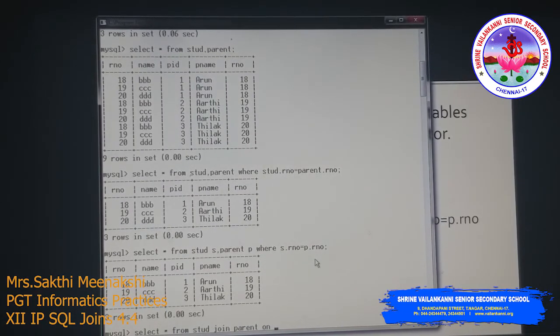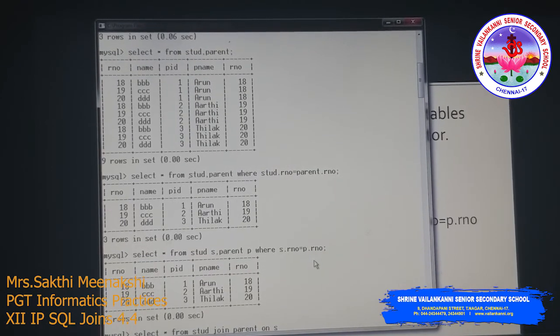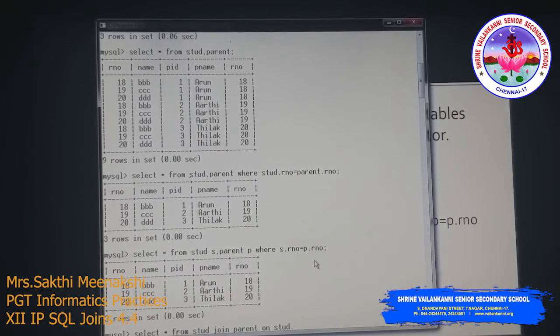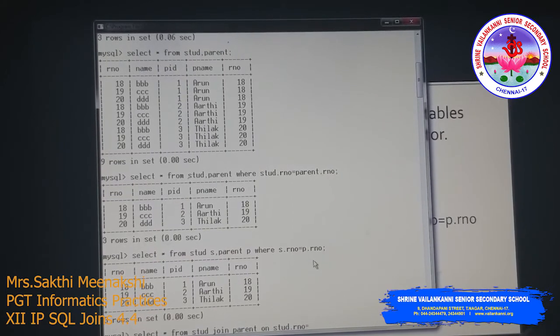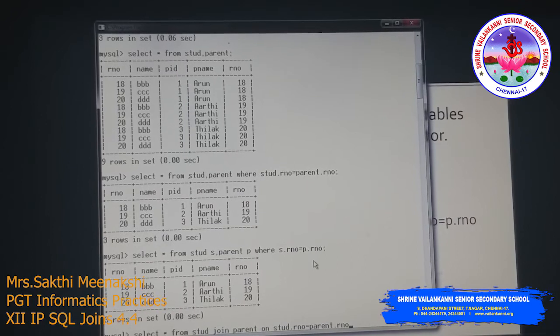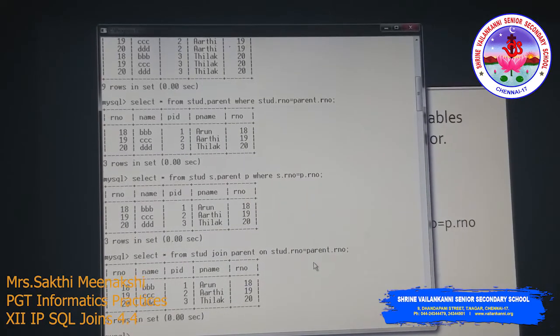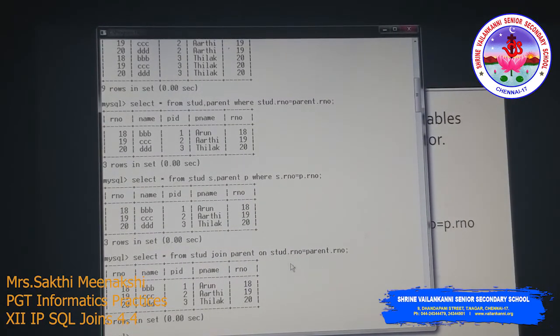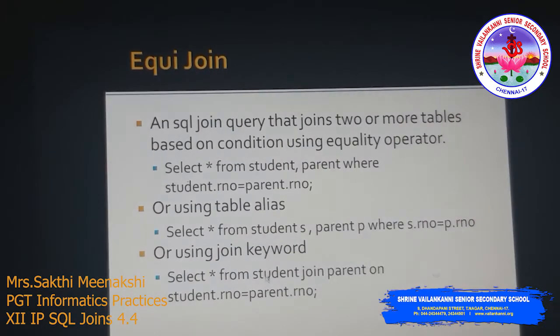On which condition? On student dot roll number equals parent dot roll number. So this is using the keyword join. Using the keyword join, we are using the equality operator. In this way we can use the equijoin.